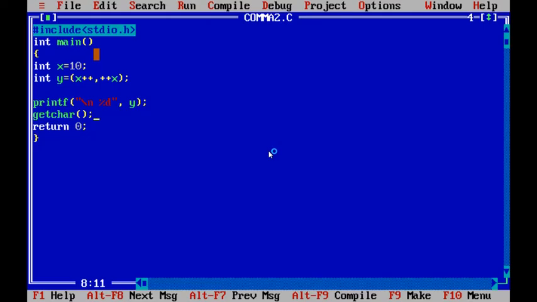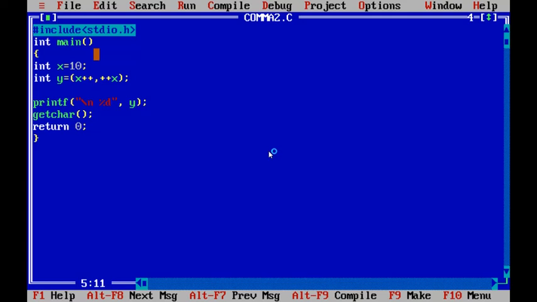If you observe the program, in the first declaration x is equal to 10, x value is 10. In the second declaration y is declared and assigned x++, ++x. The x value is incremented by 1, now becomes 11.